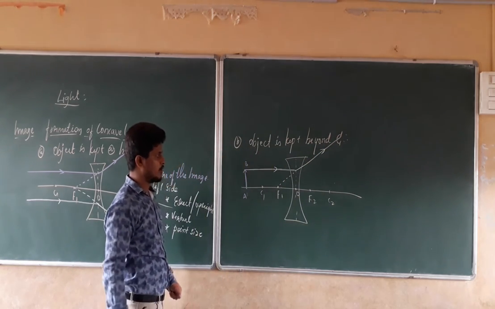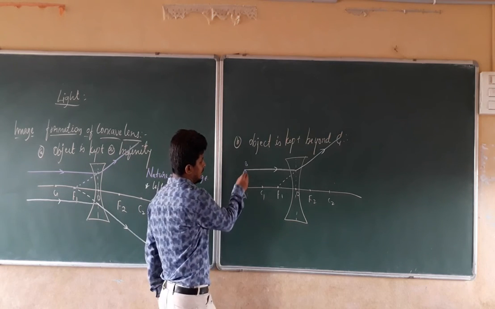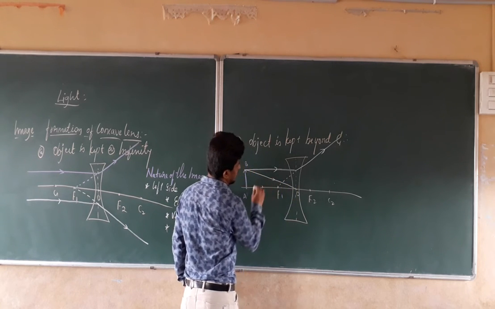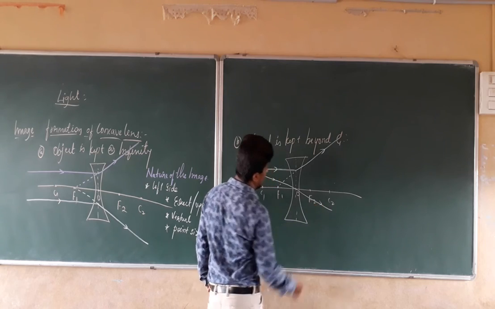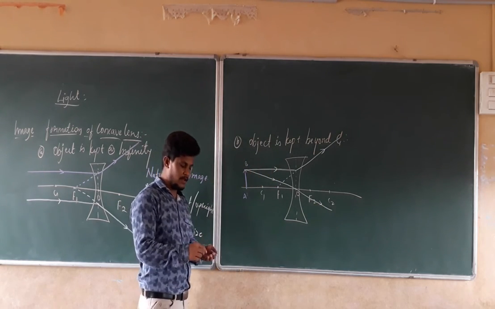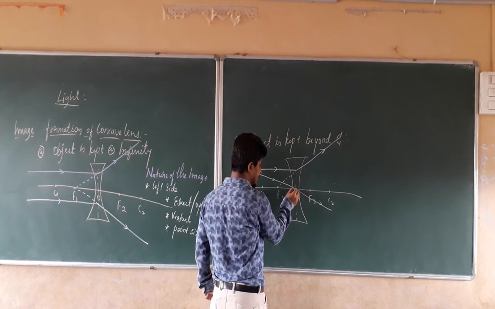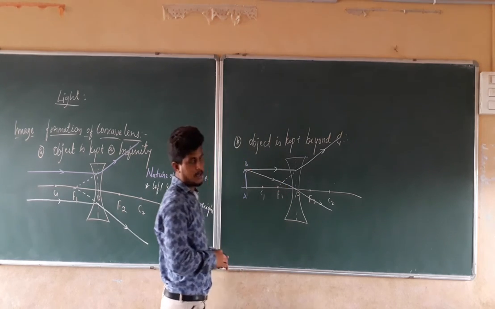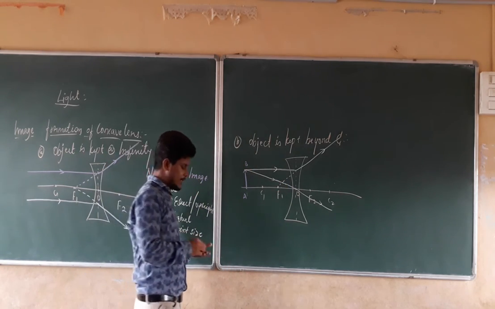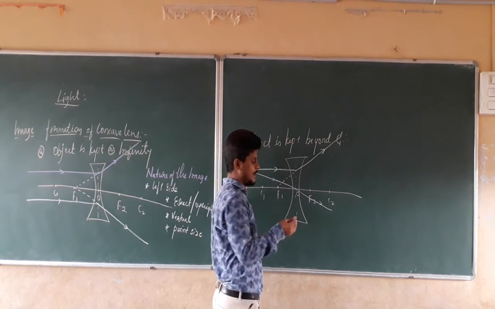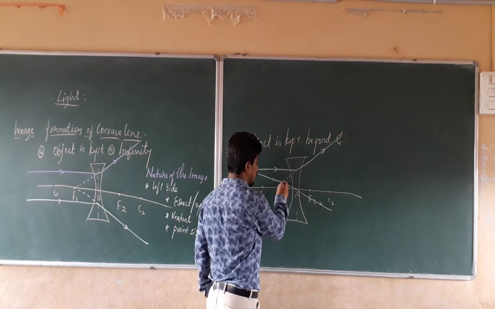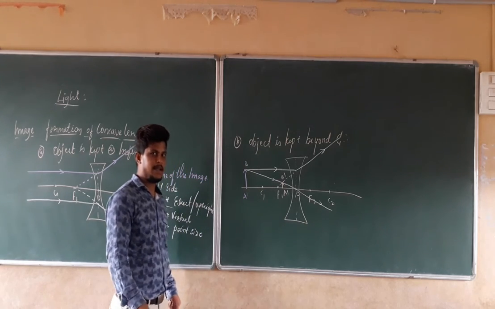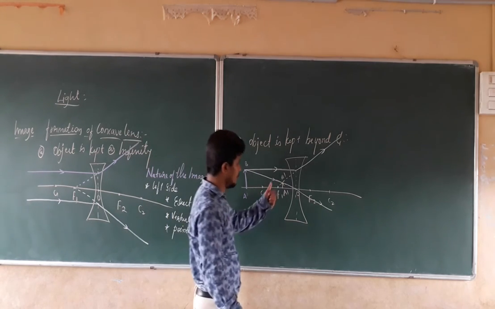In the same manner, again we are going to take another light ray, which is going to travel passing through the optic center. When you check that light ray, from where is it going to come? When you check those light rays, it tends to come from this side, like this. When you check those rays, the point where the light rays appear to converge is here, so the image is going to form here. That is nothing but A dash, B dash. So the image is going to form here.